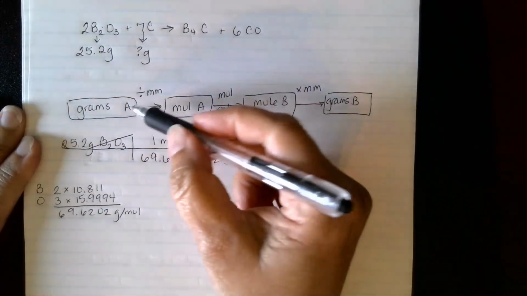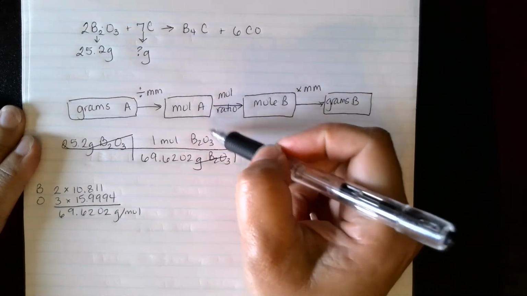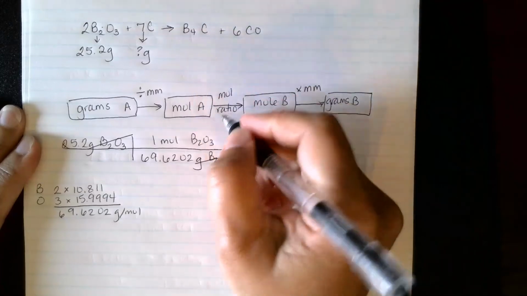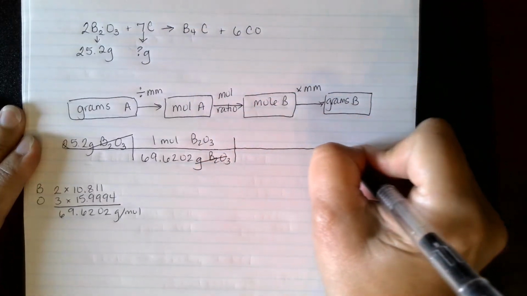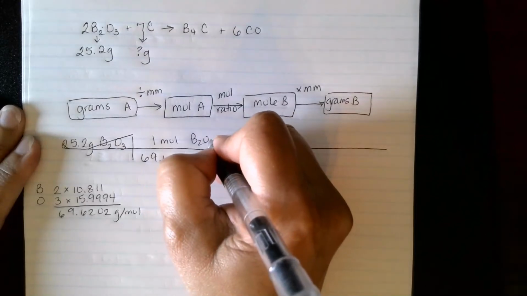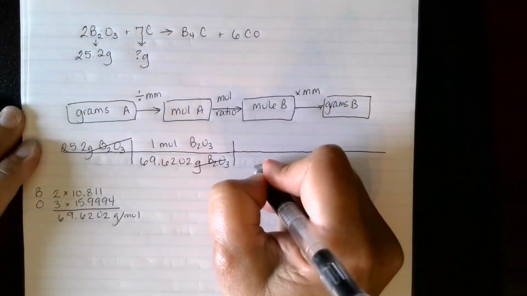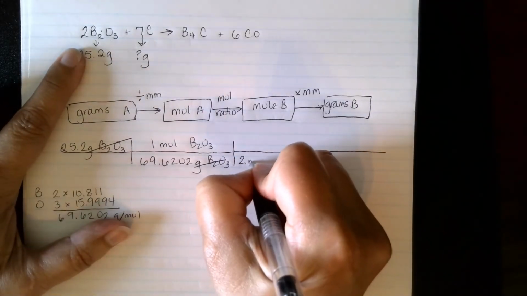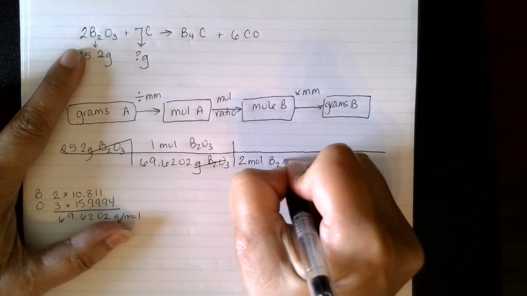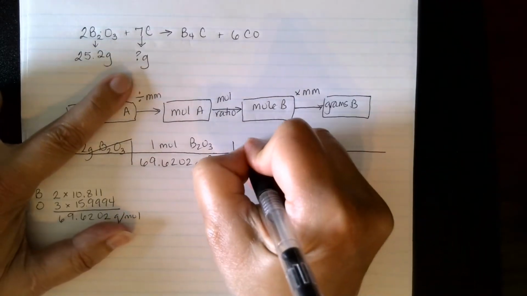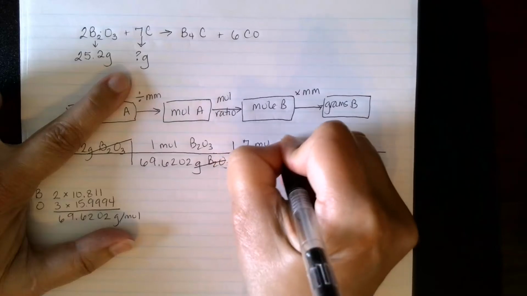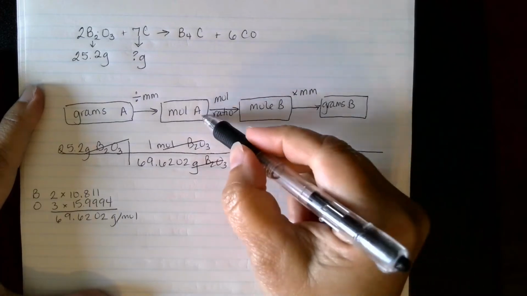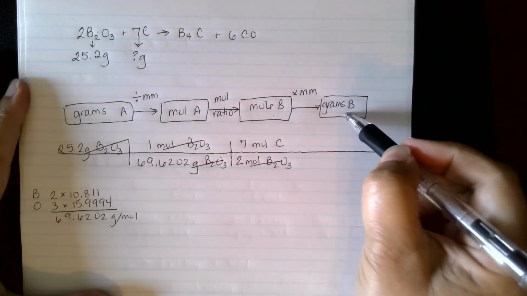Alright, so I did the first step. Now, since I have moles of this substance, I can find moles of carbon by doing a mole ratio. Since I have moles of the B2O3 on top, I'm going to put moles on the bottom. According to my balanced equation, I have 2 because that's my coefficient. And I'm looking for carbon, so I have 7 moles of carbon. I've done step 2. Now I'm going to go to step 3,